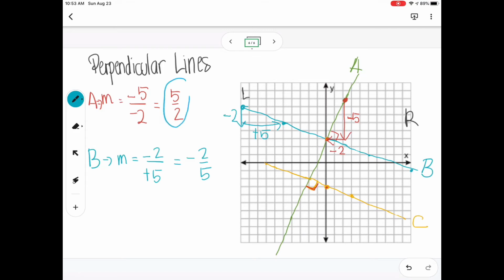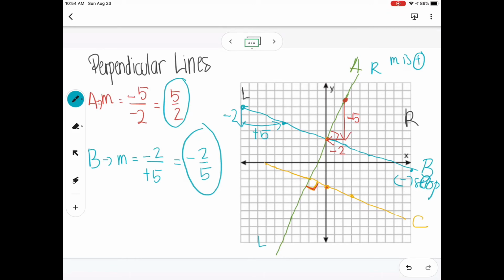Okay, so you see the slopes of these two lines that are perpendicular. Notice that for line A, the slope is positive, and for line B, the slope is negative. You can see immediately that line B is going down from left to right, so the slope is going to be negative. While line A, this is your left and this is the right, is going up, so the slope will be positive for line A. That's why you see the numbers are reciprocals. It's the flip number. So that's the important characteristic of perpendicular lines: the slopes are opposite and reciprocal